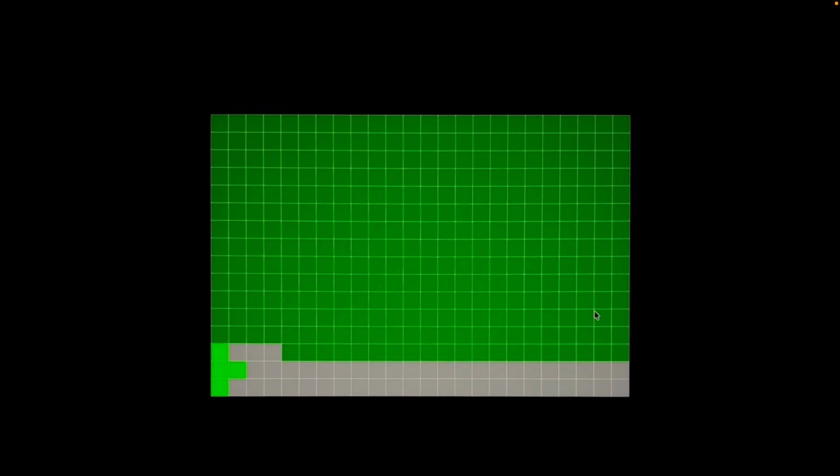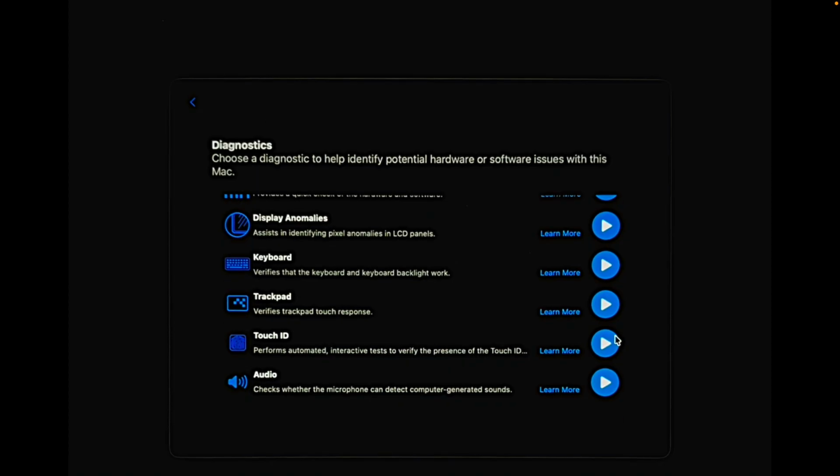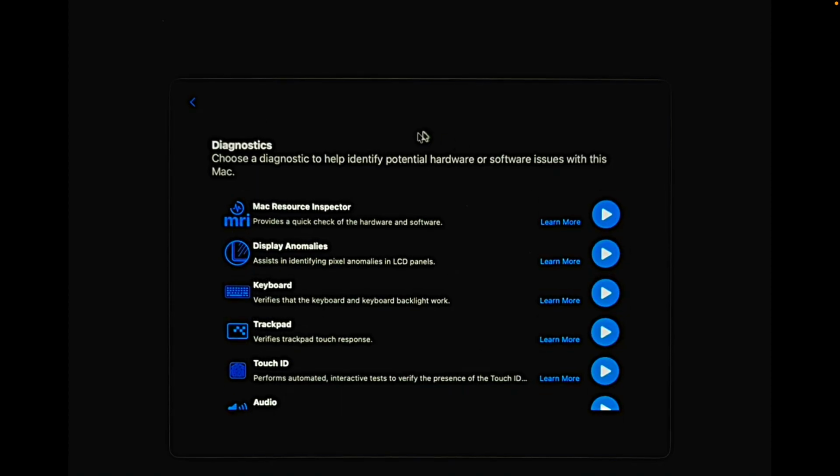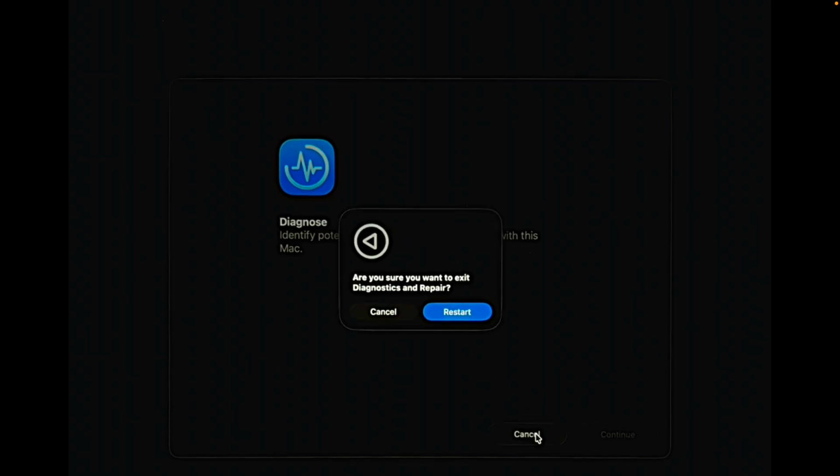If every square on your screen turns green, your Mac hardware has passed the test. If you don't want to run another test, click the arrow at the top left corner, click Cancel, then click